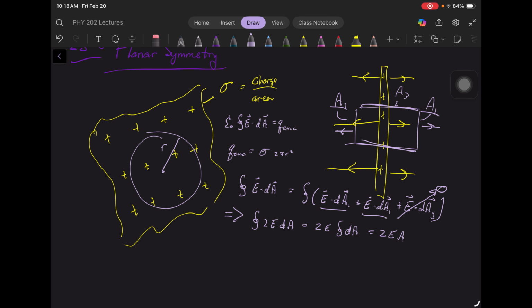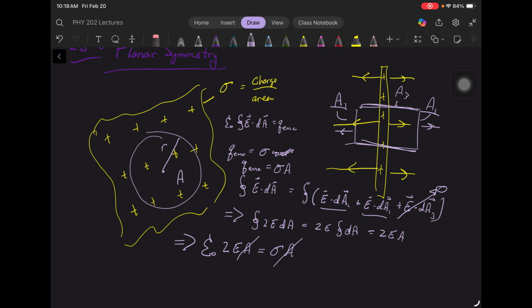And hey, if we really want to, we can just call this area A, and we can say Q enclosed is just sigma A, right? We don't even need to worry what it is for this problem. And so then we plug all this into the left-hand side. We get epsilon naught times 2EA is equal to sigma A. Area cancels out, right? And so, hopefully you're starting to notice the game of this